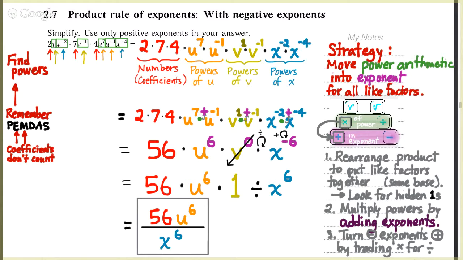The 0th power of v makes that factor disappear from our product completely, and the -6 power of x takes that x to the 6th and moves it into a denominator instead of a numerator. Most important takeaway again from this is that when you multiply powers, you can instead add